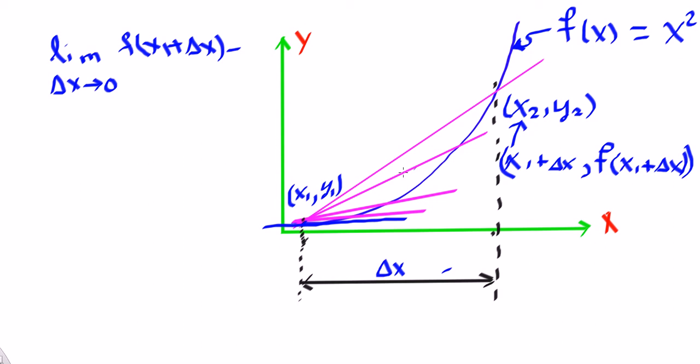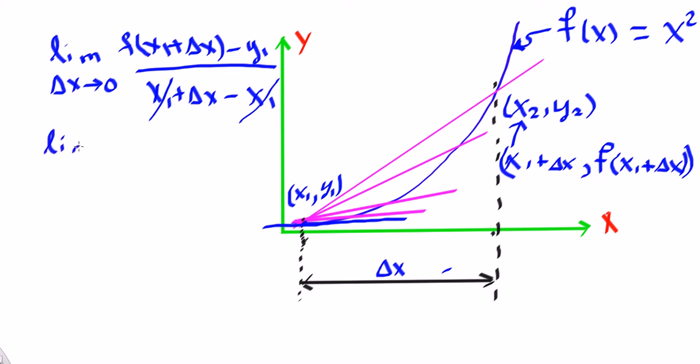So y2 minus y1, and then we would have y1 divided by x2, which is x1 plus delta x minus x1. So it's x1 plus delta x minus x1. Look what happens. x1 minus x1, they cancel out. And what we would have here